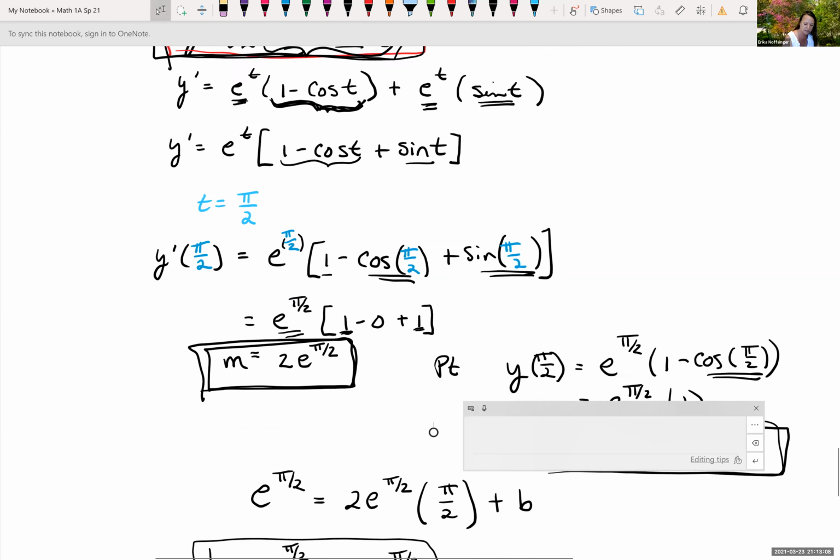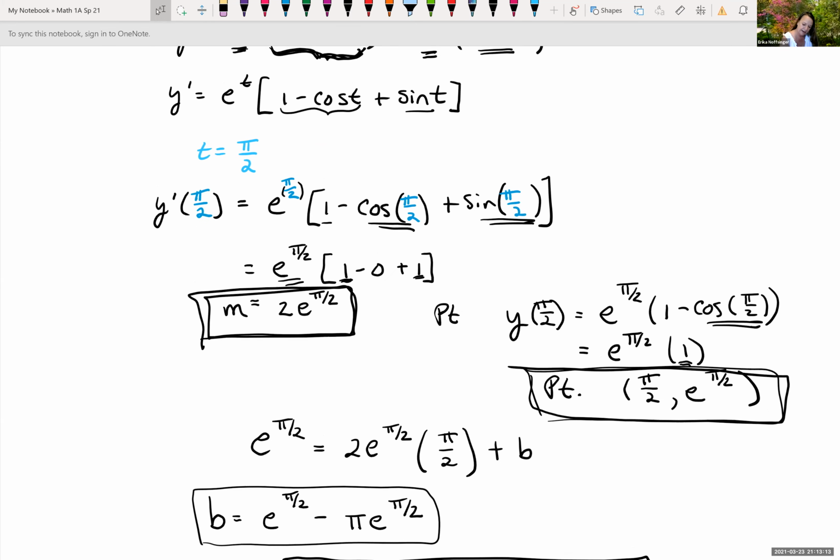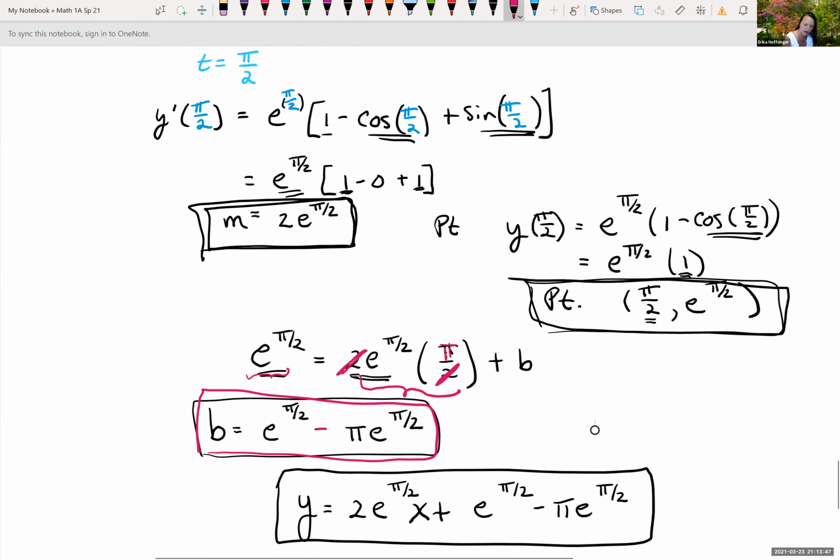I use y equals mx plus b. And doing that, we would get our y value, e to the pi halves, equals 2 times e to the pi halves, which is our slope, times our x value, pi halves. So notice here our 2's can cancel. And we want to subtract this to get b by itself. So subtracting this pi e to the pi halves from this e to the pi halves, we get b. And so now we have our b value, and we want to go in and plug that in for b, and we get y is equal to,